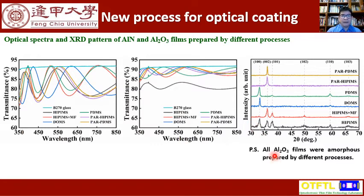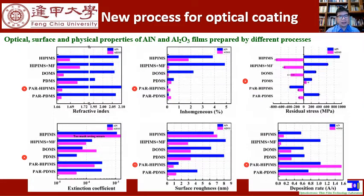All aluminum oxide films prepared by all processes were amorphous. Almost all the aluminum oxide films are homogeneous by different process methods, except for the film prepared by the HiPIMS process, which is caused by more arcing. Optical constants and the physical properties of aluminum nitride and aluminum oxide films prepared by different processes are shown